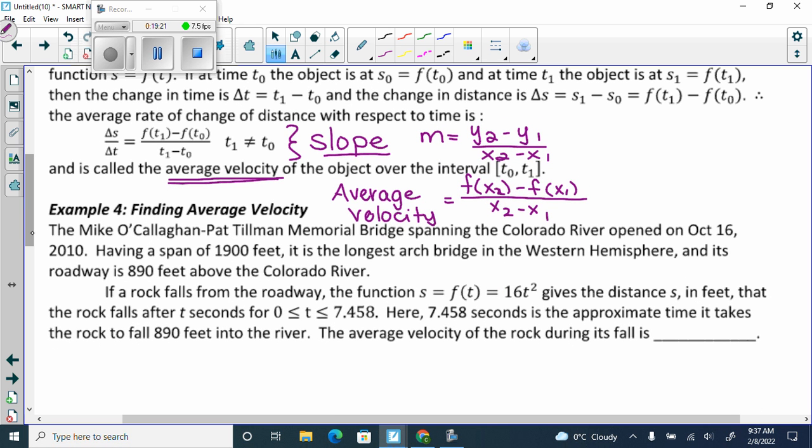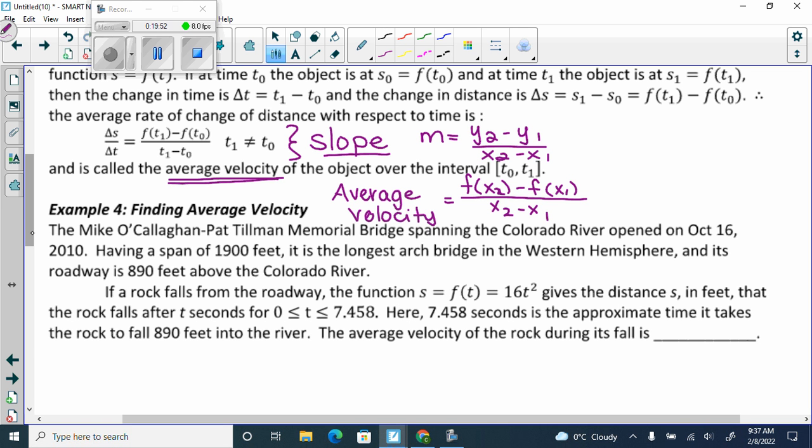Finding the average velocity. The Michael Callahan, Pat Tillman Memorial Bridge spanned the Colorado River, opened on October 16, 2010. Having a span of 1,900 feet, it is the longest arch bridge in the Western Hemisphere, and its roadway is 890 feet above the Colorado River. If a rock falls from the roadway, the function s equals f of t equals 16t squared. That is the function that works for just if a rock falls. It gives the distance s in feet that the rock falls between 0 and